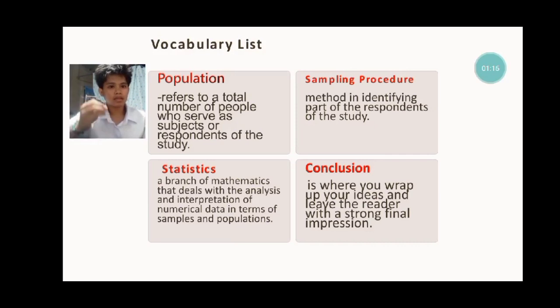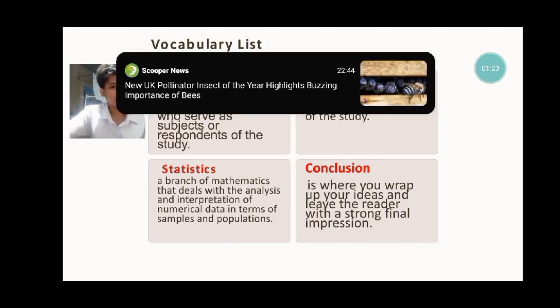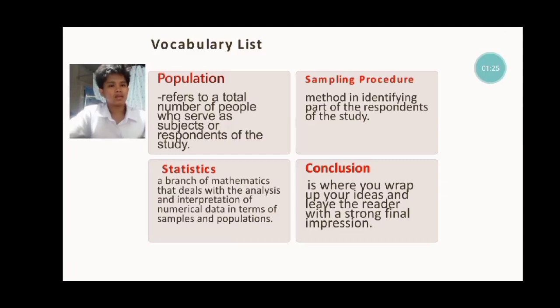Population is a complete set of people with a specialized set of characteristics. Statistics, a branch of mathematics that deals with the analysis and interpretation of numerical data